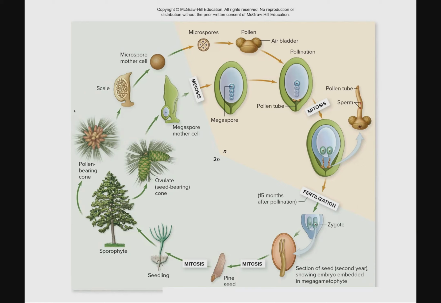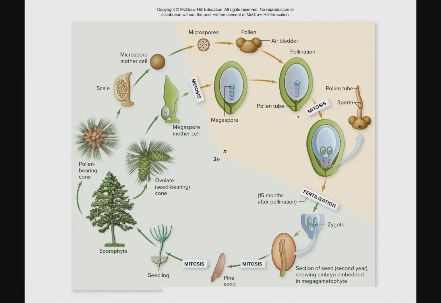Now, within the pollen-bearing ones, we have the scale, which develops microspore mother cells, which undergo meiosis, producing microspores, which then differentiate into pollen, which have what we call an air bladder, which allows them to essentially float through the air. Now, within the female cones, we have the megaspore mother cell, which undergoes meiosis, producing the megaspores, which then develop